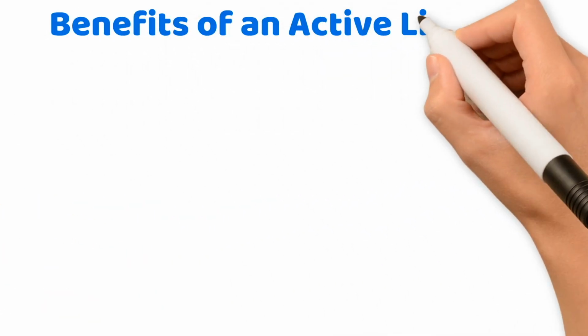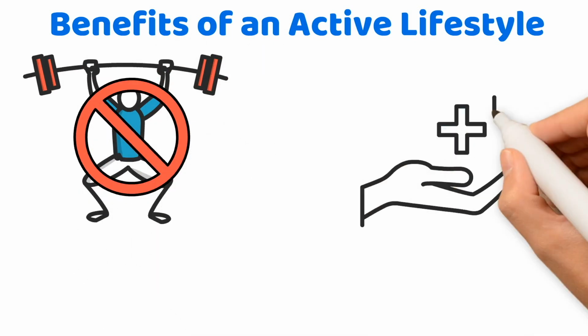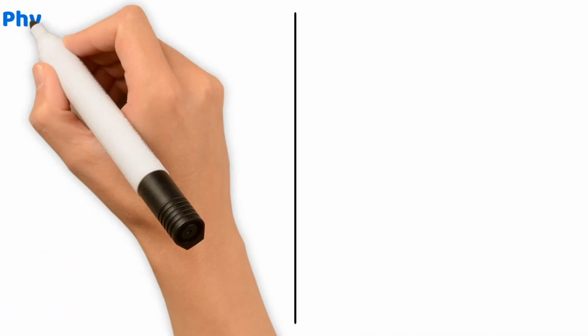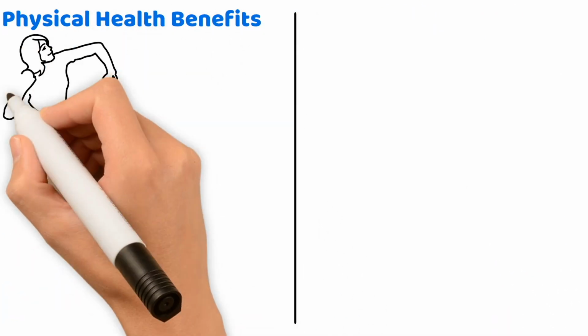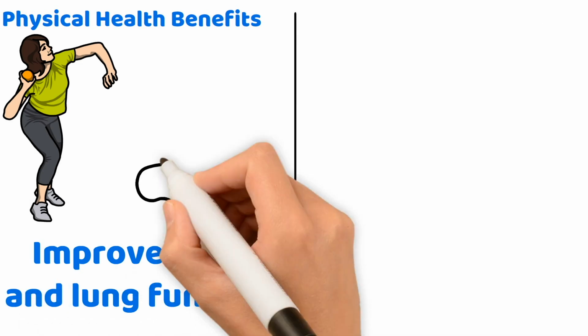Benefits of an active lifestyle. An active lifestyle isn't just about physical health. It's a comprehensive benefit package for mental, social, and emotional well-being. Physical health benefits. Promote activities to your students, like aerobics, which improve heart and lung function, while strength training builds robust